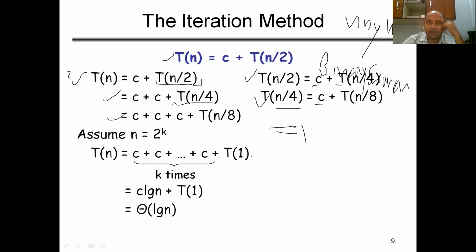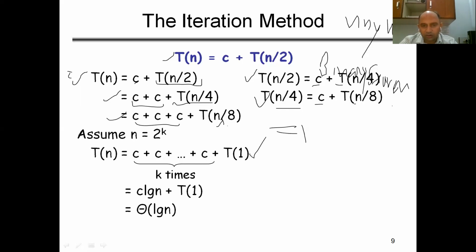So let us assume that after k steps, this term becomes 1. We can see how this came about. Here, if we see that here is a 1, we have 2 to the power 1. Here having 2, we have 2 to the power 2. Then we have 3C, with n divided by 8, that is 2 to the power 3. So we have a logic: after k steps we have C, k times.